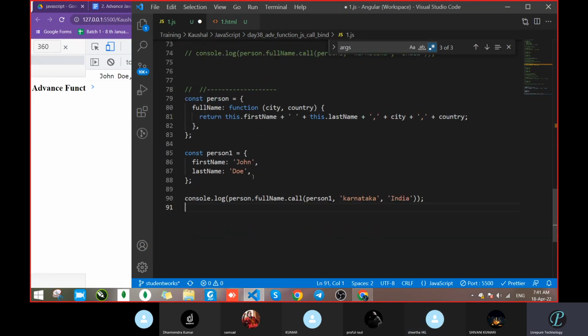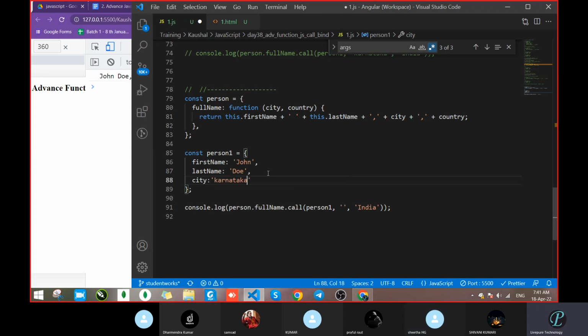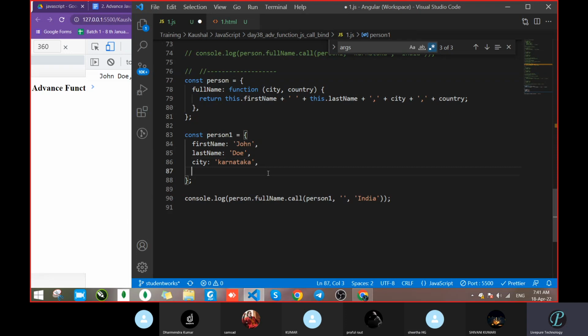So let's do that. Whatever we had passed, country Karnataka, we will pass here itself. Is this correct or not? Yes, sir. And next, suppose country. Let's say the country is written here, India. Okay. And now if you are passing this one,